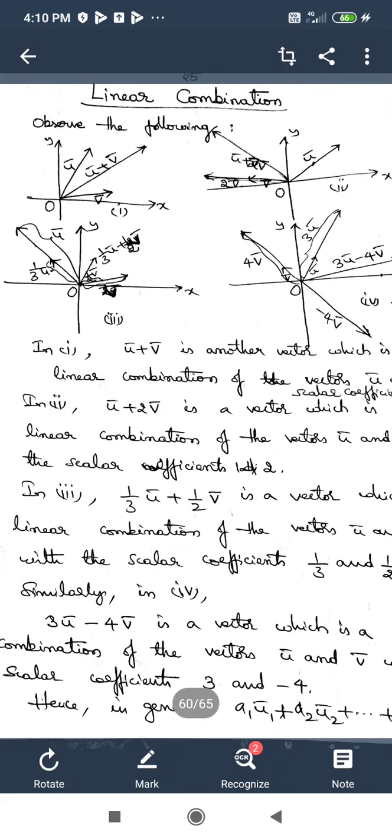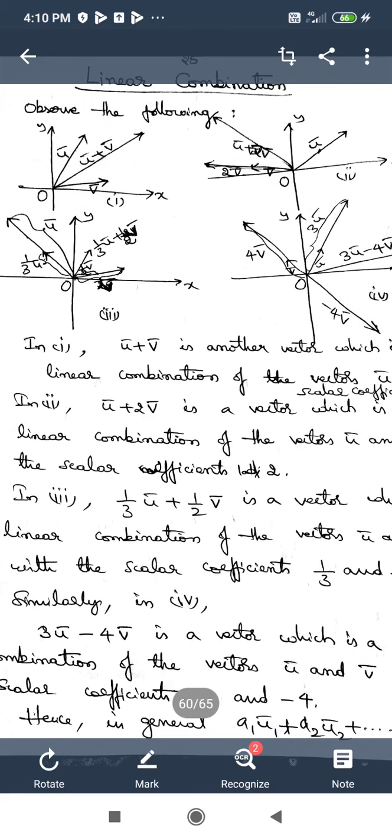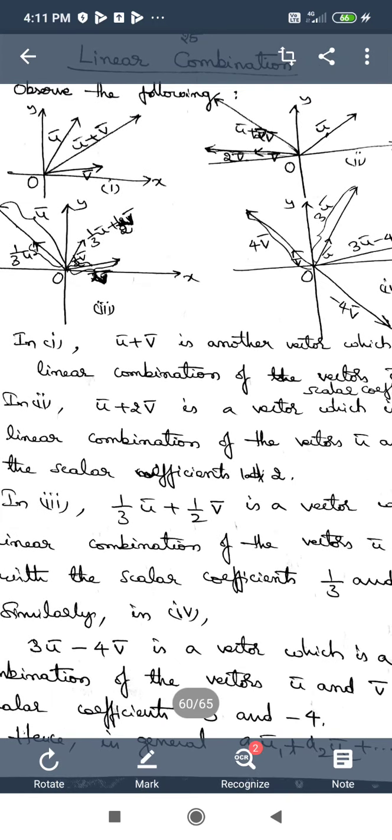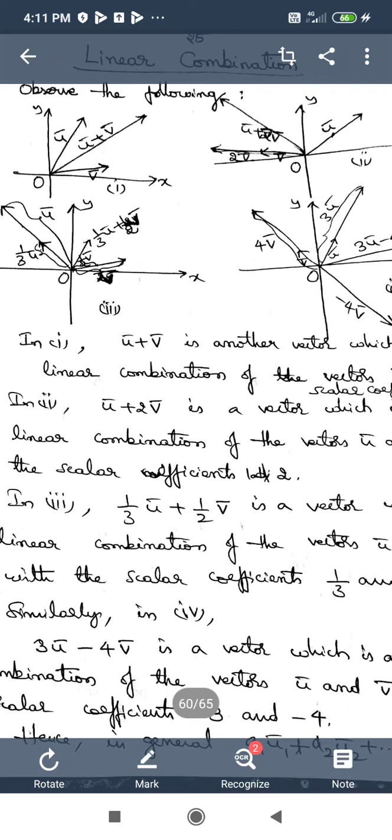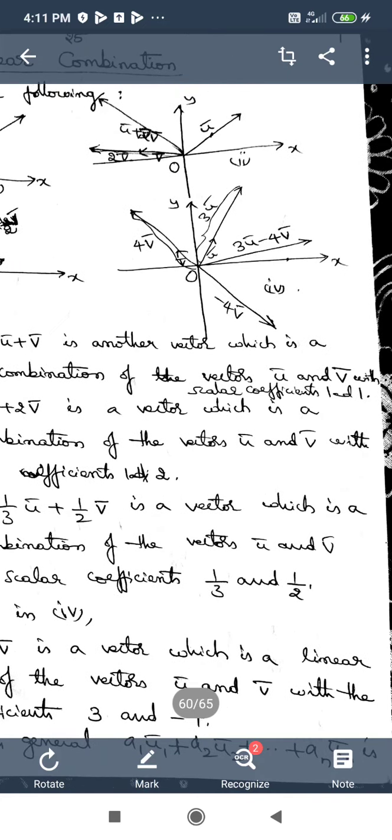See the first figure. There is x-axis, y-axis, so it is the xy plane in two-dimensional space. We can see two vectors u bar and v bar, and in between them there is another vector representing the sum of those two vectors, which is u bar plus v bar. This we have already come across when we were introduced to the sum of two vectors in a vector space. But here I want to show you some new concept through this figure.